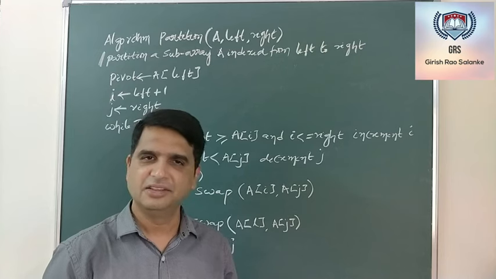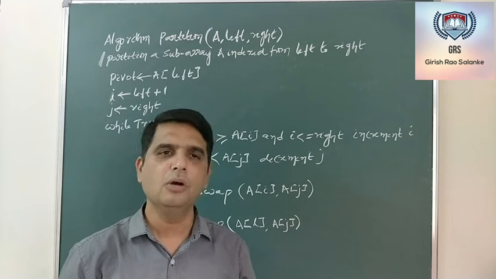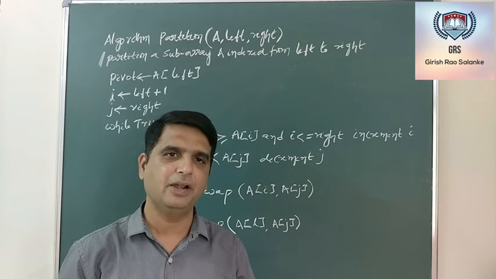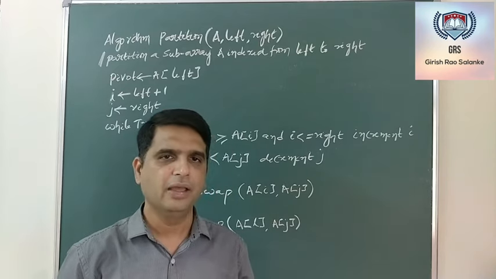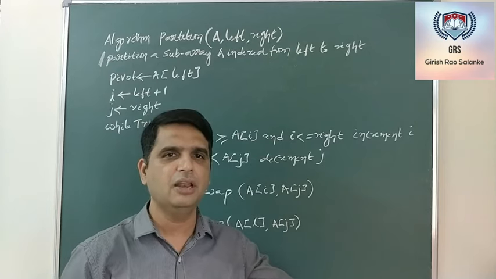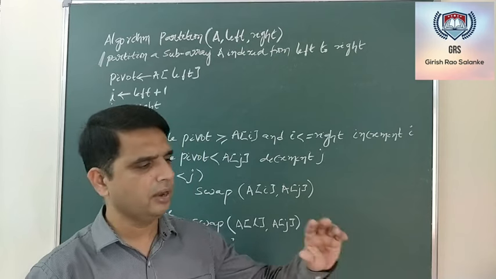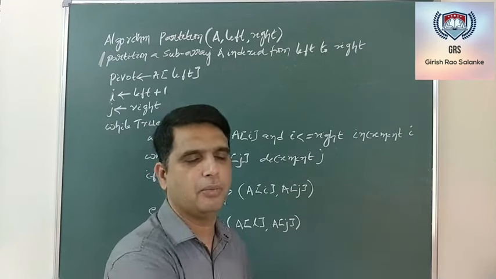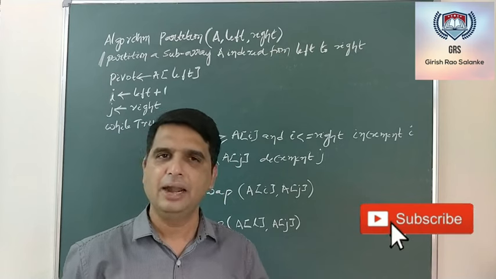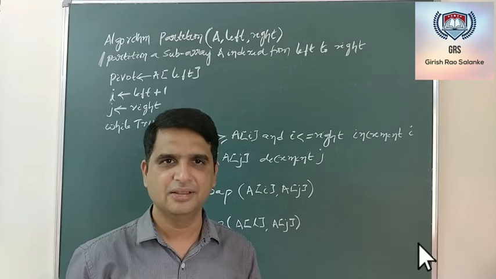Hope this is clear. This is about the quicksort algorithm. Please note that in case of quicksort algorithm, we do partition. What does partition do? I repeat, partition takes either the first element or the last element as the pivot element, and it does some comparisons, and finally it places the pivot element in such a position that all the elements to the left of pivot will be less than or equal to pivot, and all the elements to the right side of pivot will be greater than or equal to pivot. Now recursively I need to do partition until all the elements in the list get sorted. Hope this is clear. Thank you.